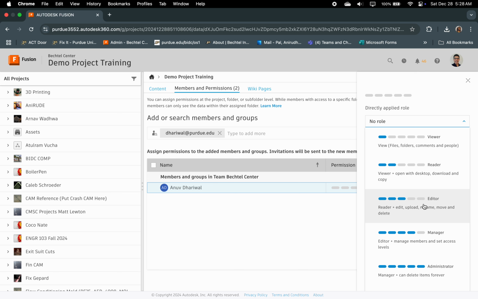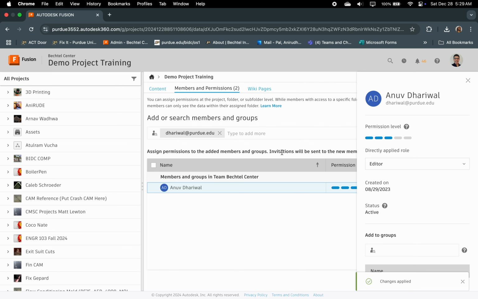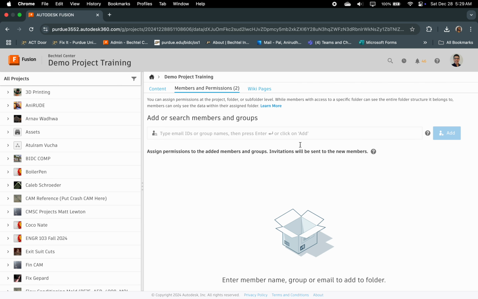And for some reason, if you wanted them to manage your files as well as give other people access, you will make them manager. I do not know why, but if you needed to have them have the ability to delete things forever, you could also give them administrator. Most commonly, you'll be giving them editor privileges. So I gave him editor privilege. Now, at this point,